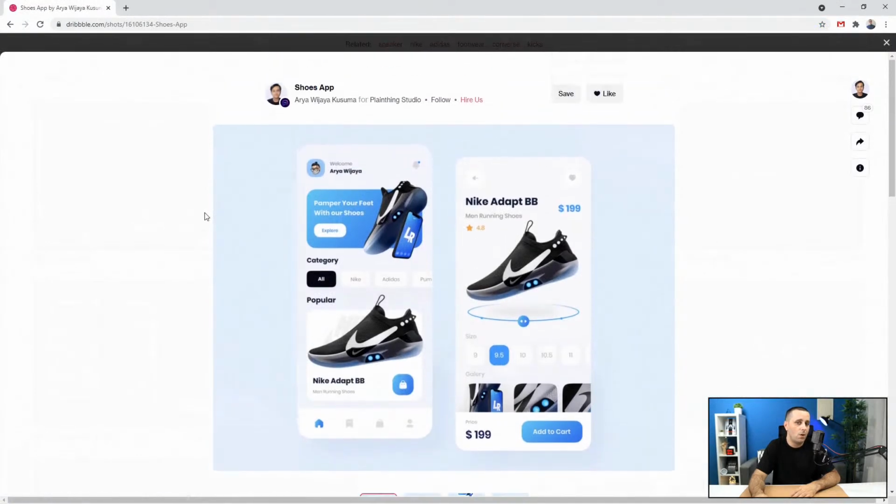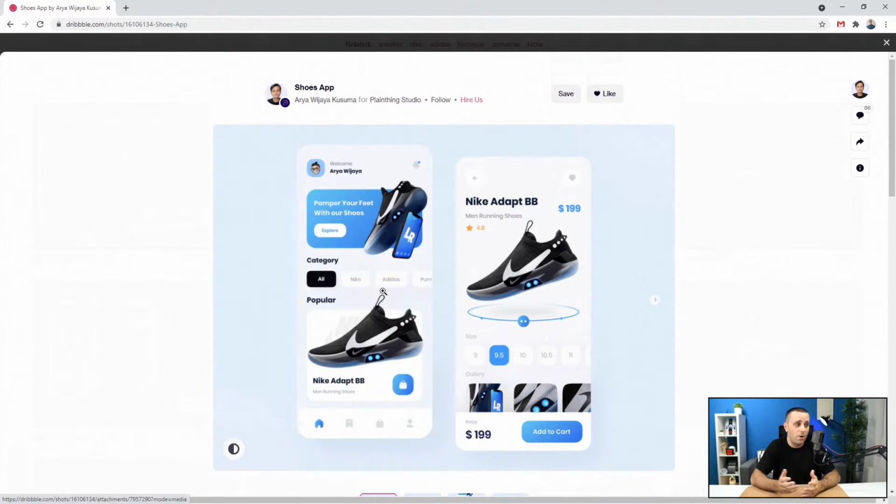So if I jump in right here, let me check if I'm covering it. No. So the layout is quite simple. What I want to achieve with this design is to show the product in question, so the shoe in this case. And I also want to show all of these additional details. So just pay attention to those when you are buying a shoe, for example. So let's say what colors it's available in and which sizes are available, and of course the price. Perhaps there is a discount on that price. We're going to do that when we get to the design stages, but for now we're just going to focus